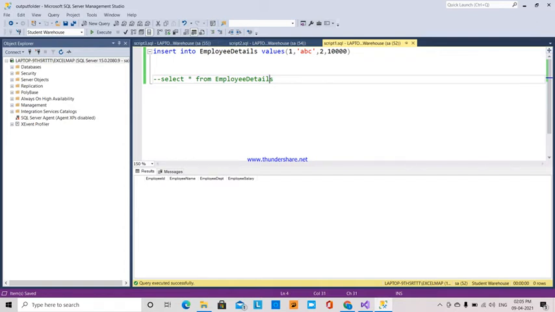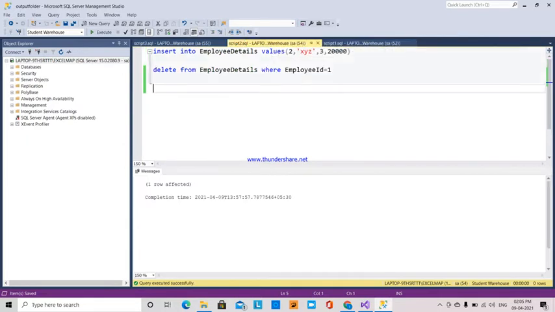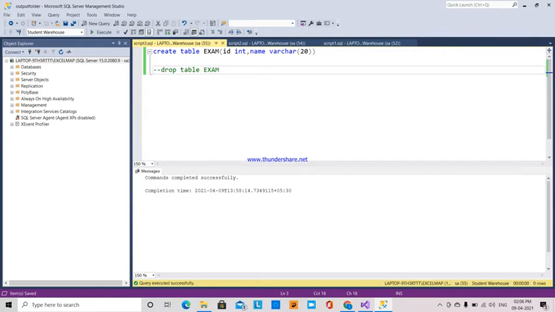I'm going to insert these values, which are saved in my script1.sql file, and this one is another insert that I have kept in another script, script2.sql, and the third one creates a table. We will see how these three scripts are executed from an SSIS.